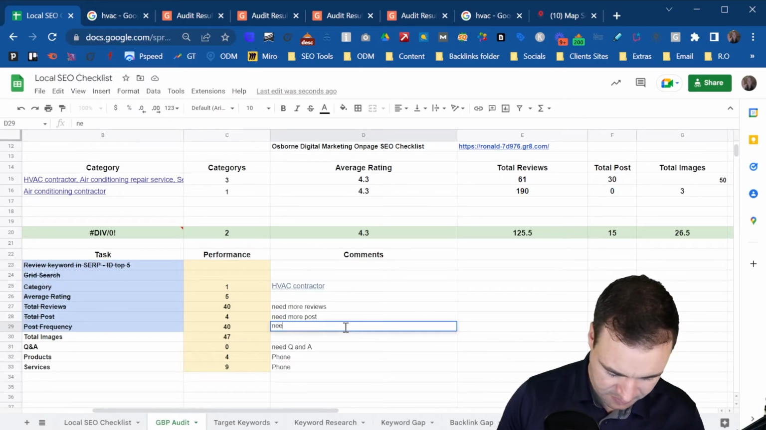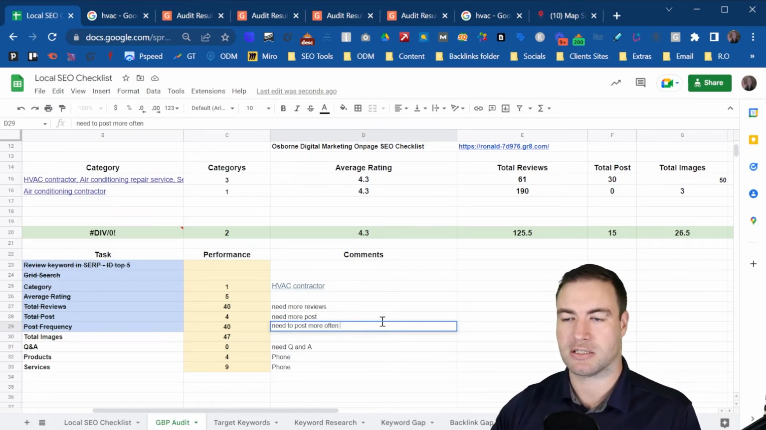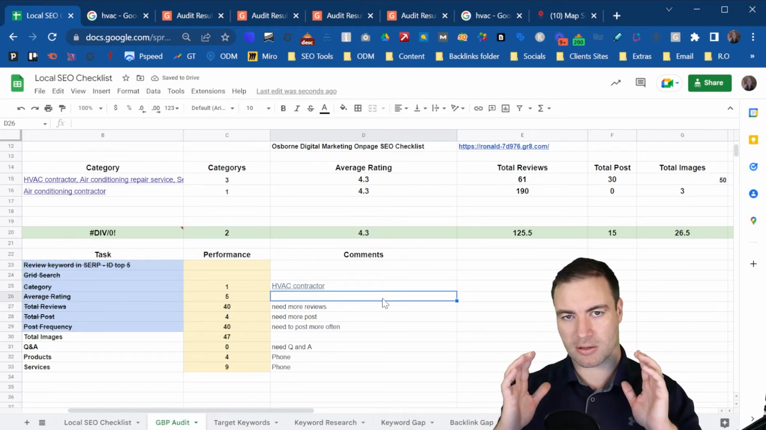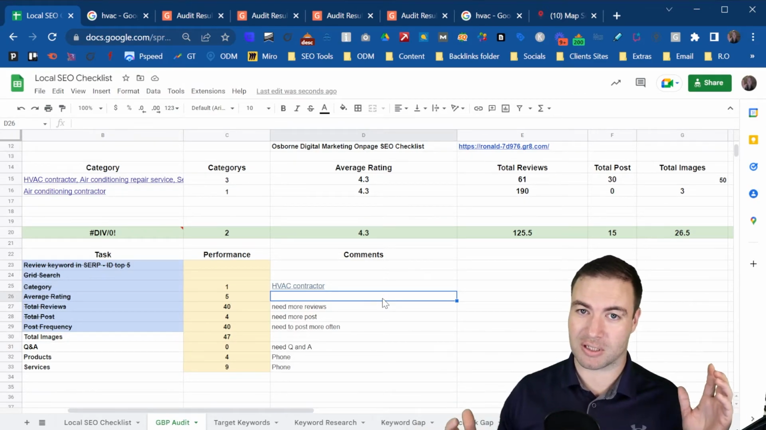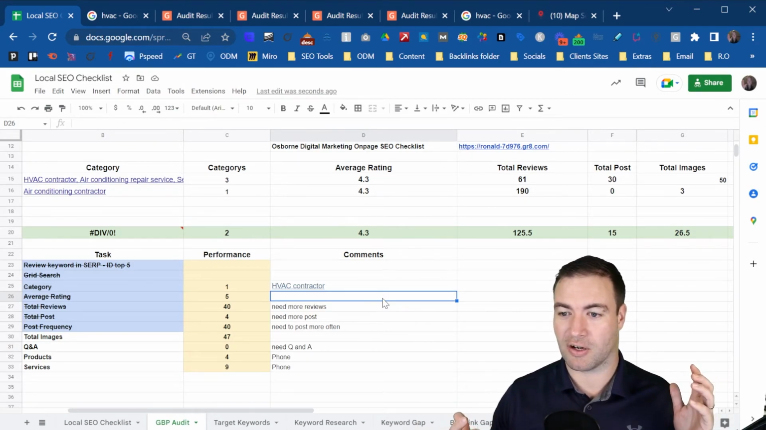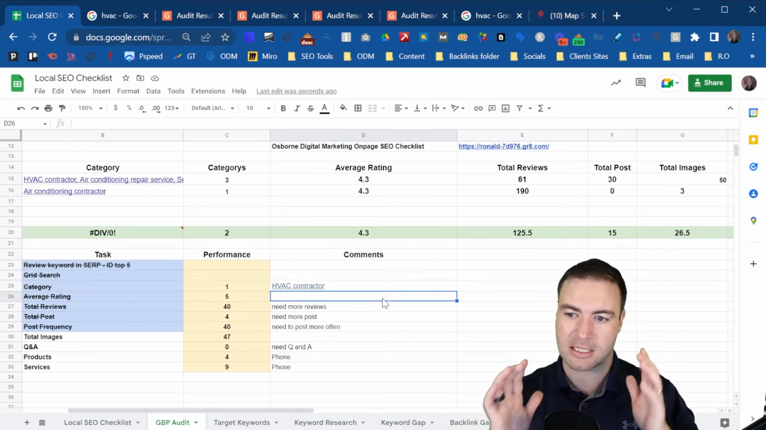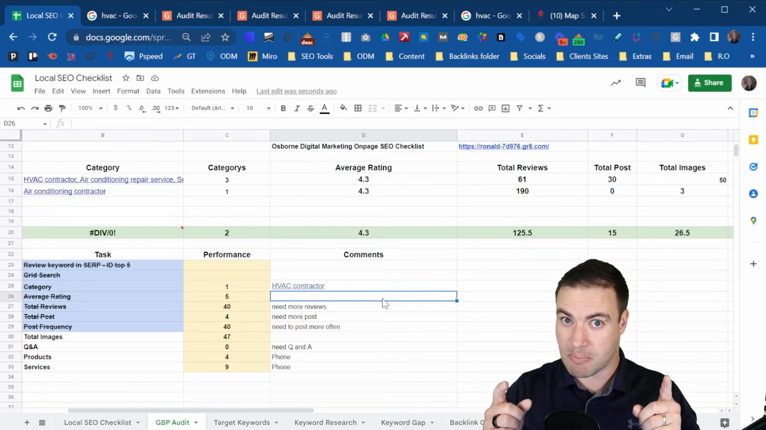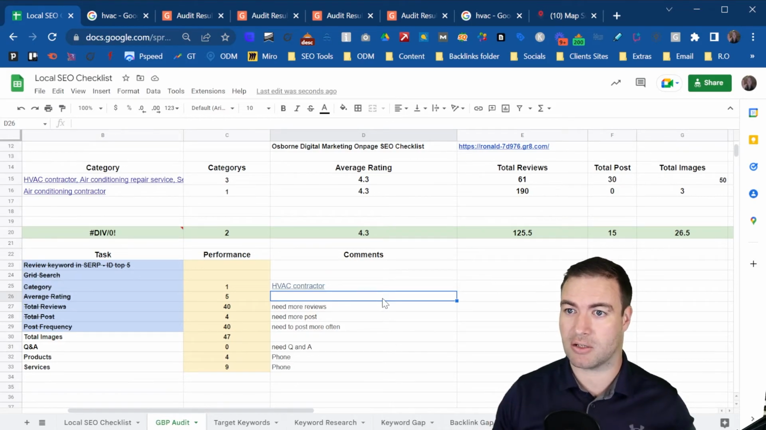So post more often. That's something that needs to be done. But immediately after you've audited your Google Business Profile and the competitor Google Business Profiles, you can actually understand where your weaknesses are. Now, a little extra tip I'm going to show you that you should utilize if you're serious about your SEO